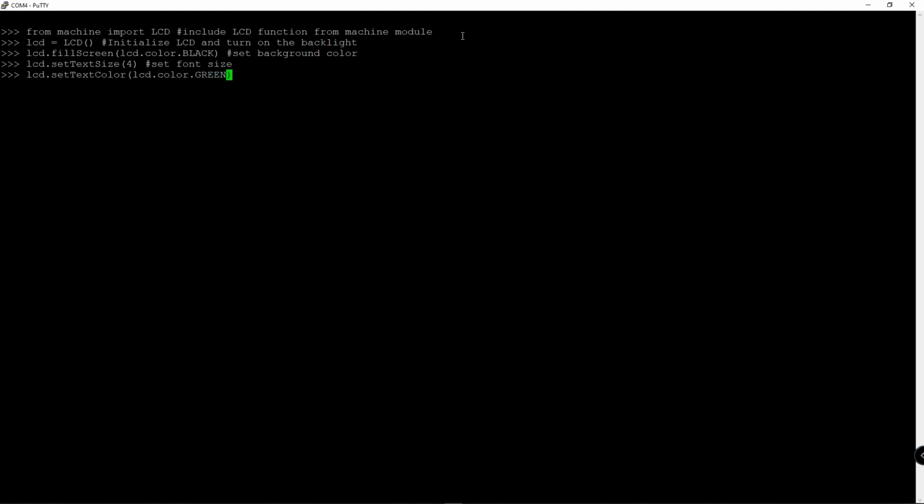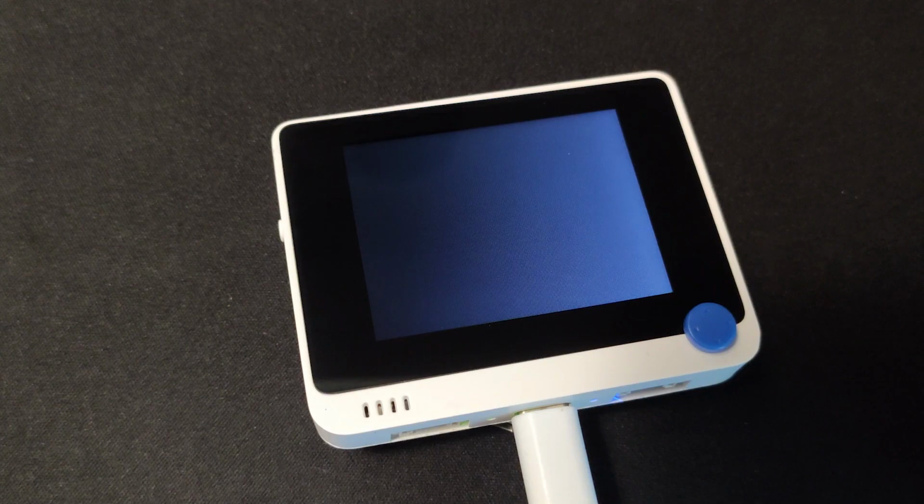Finally, let's draw the text string on the Wio terminal LCD screen. The position will be 0x 0y location. And press enter, and now you will see hello world displayed on the Wio terminal LCD screen.